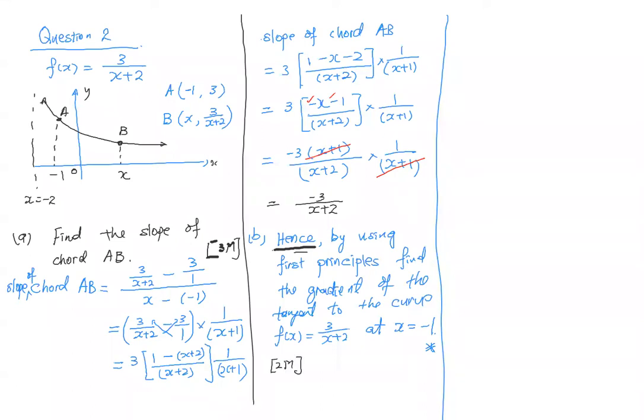So I say by using first principle, it doesn't mean that you have to do all over again because I have the word hence. So what we need to do is, the first part of the first principle is done in part A. So I just need to find the answer by using, I will say f prime of -1 is